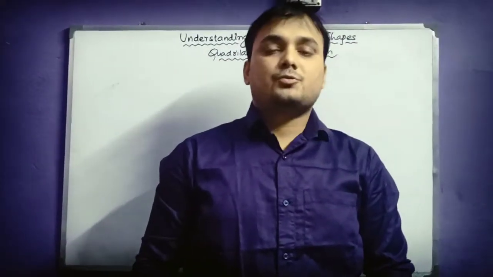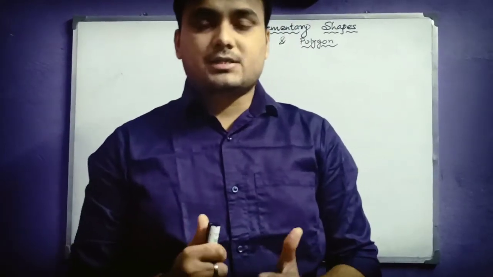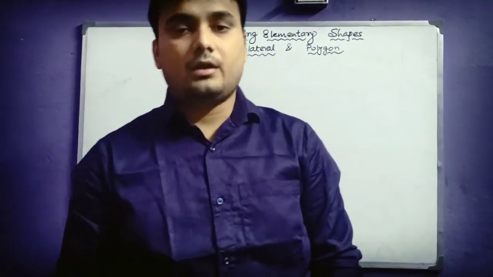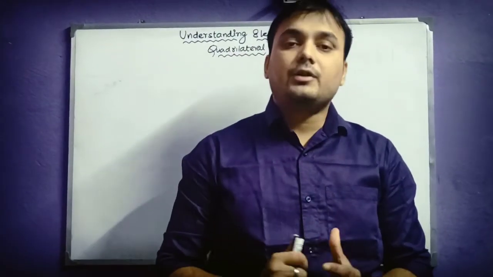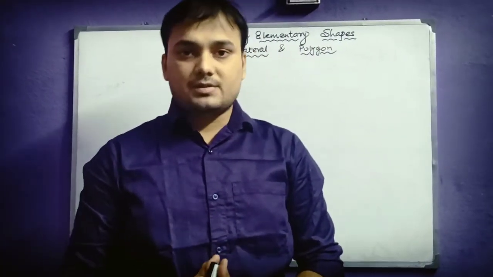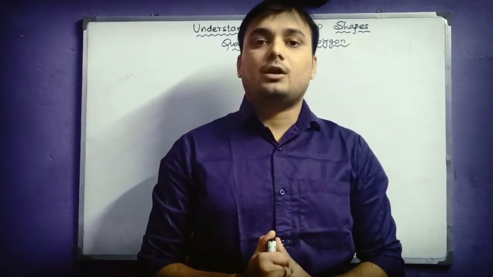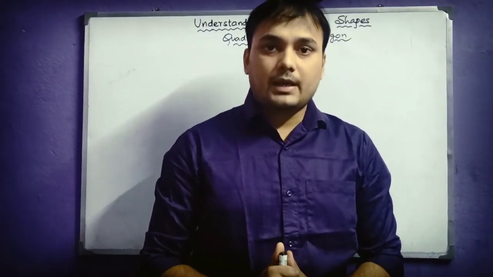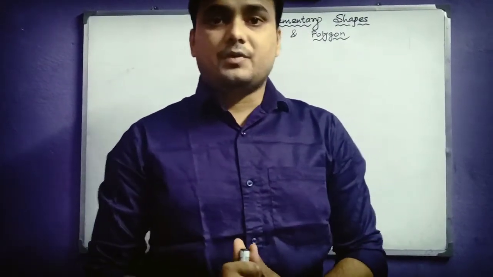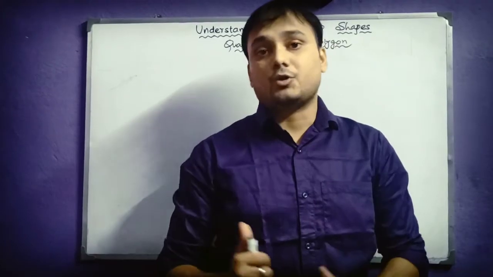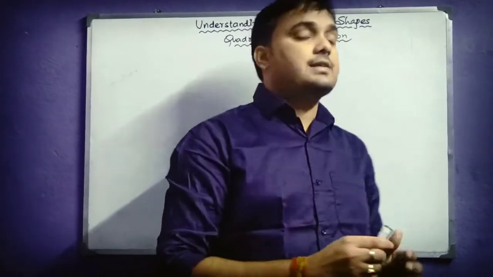So students, now let us move on to the next part of this explanation video, which is based on polygon. Okay, so here we are going to discuss some basic terms related to the polygon. Students, first we need to know what a polygon is. A polygon is a simple closed figure which is formed with line segments, and all those line segments are joined with each other. Okay, for example, you can see here